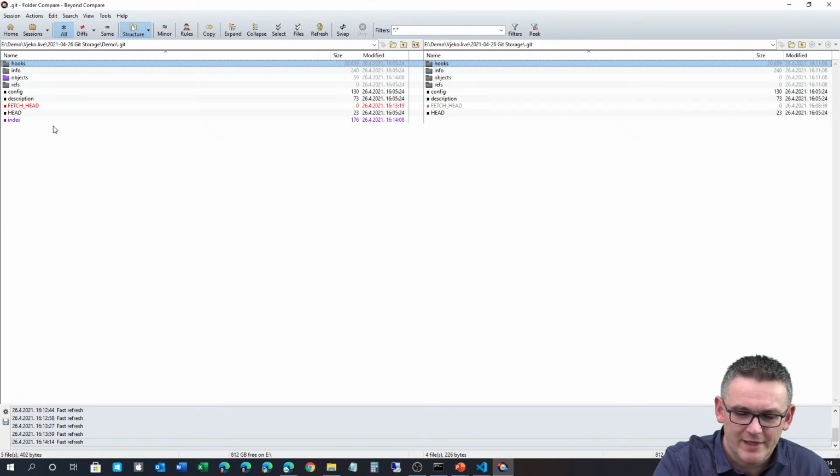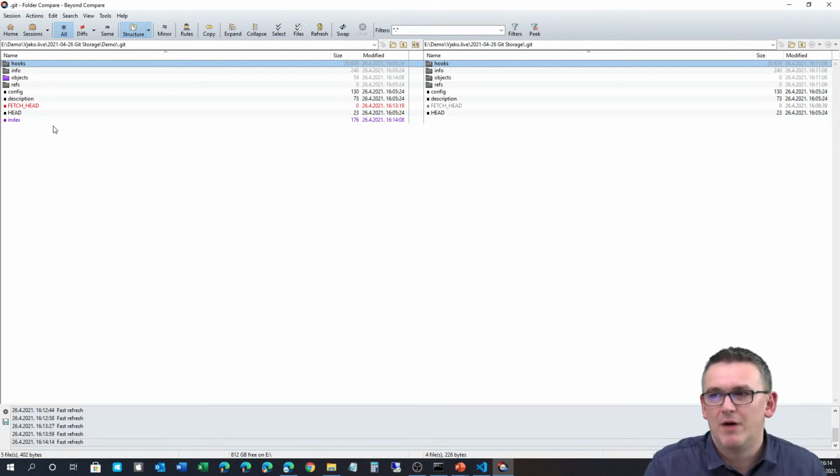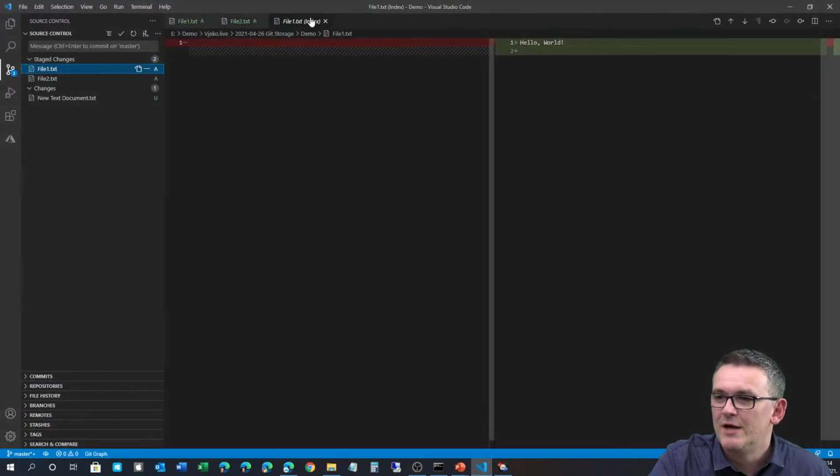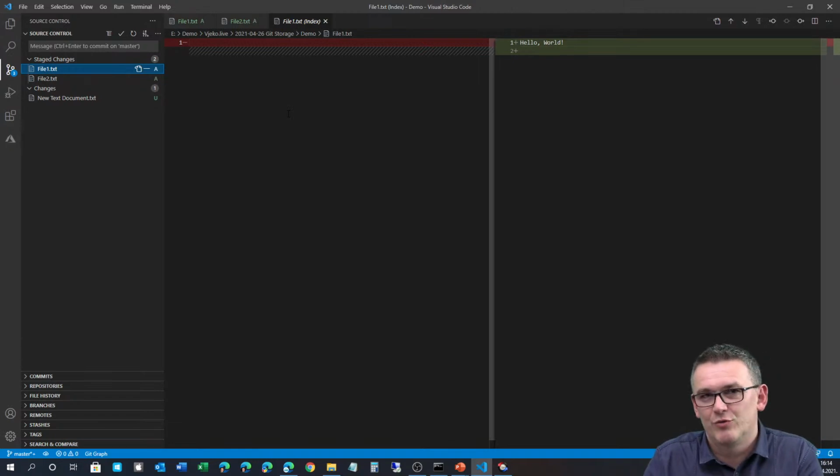Also, when you get some error messages, sometimes they will tell you something about index. Often when you compare things, for example, when you take a look at this here, it will show you comparison of file1.txt and it says index. Index is essentially a file which tracks different versions of what your repository, or actually what your working directory currently